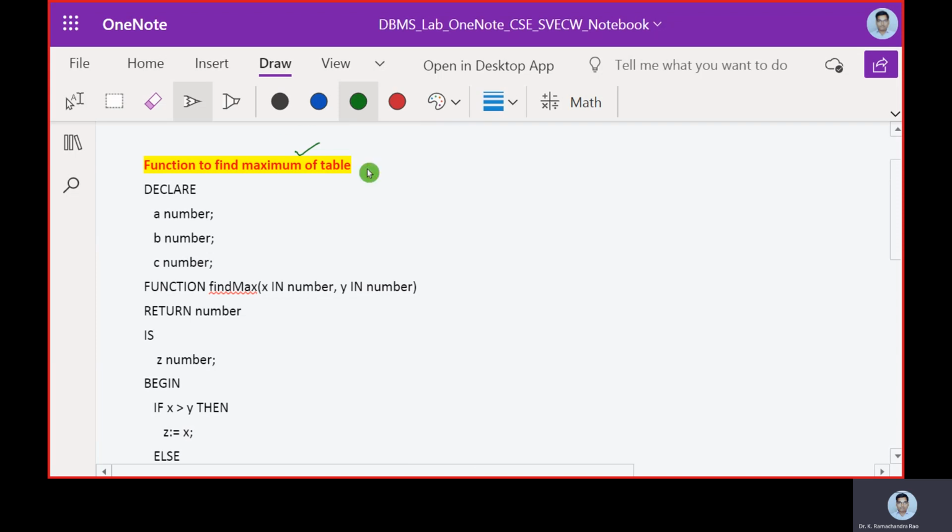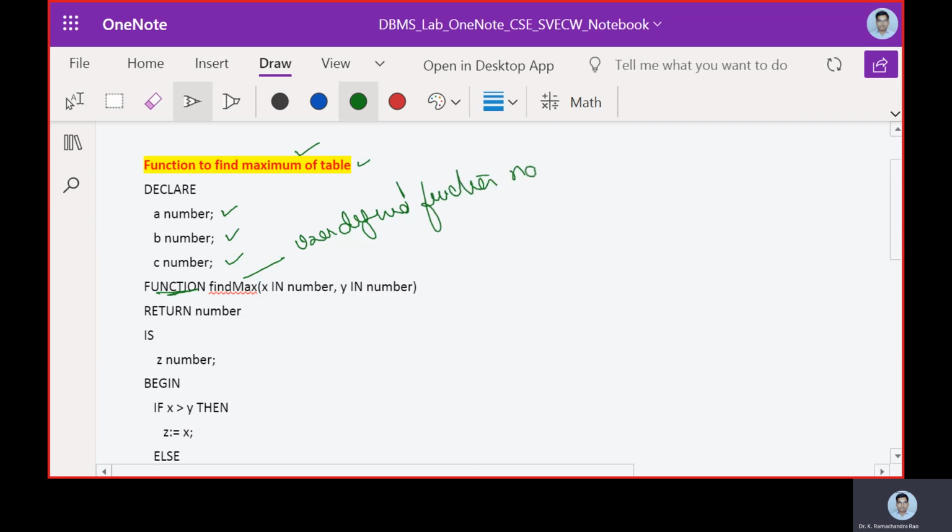So it is just to find the maximum in the numbers. So we take up the number A, B, and C are 3 variables, and they belong to the number data type, and function find max is the user defined